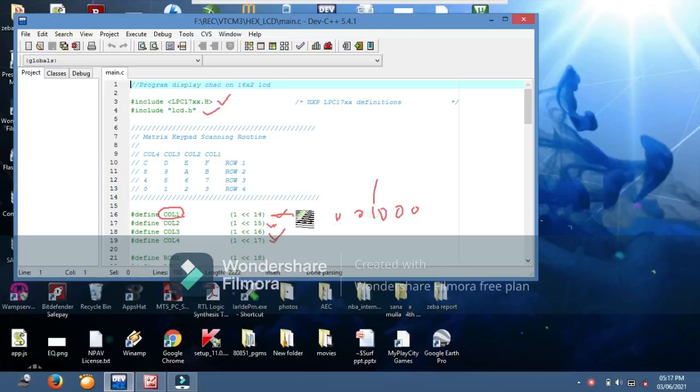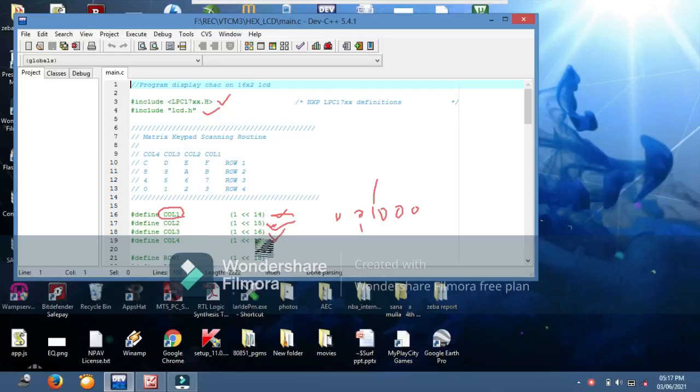Since the 14th bit is connected to column 1, the 15th bit is connected to column 2, so we make the 15th bit of the COL2 value 1, remaining all zeros. Like that, COL3 has the 16th bit as 1, remaining all the bits zeros.